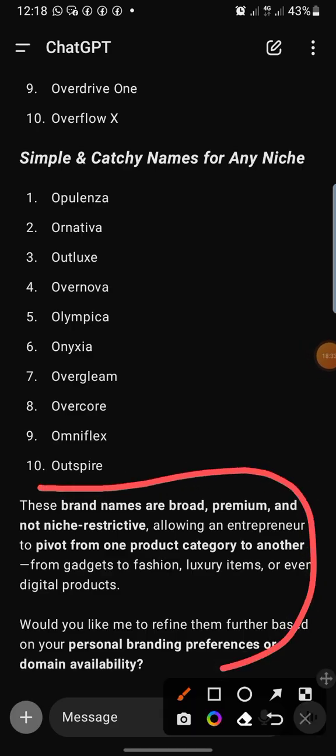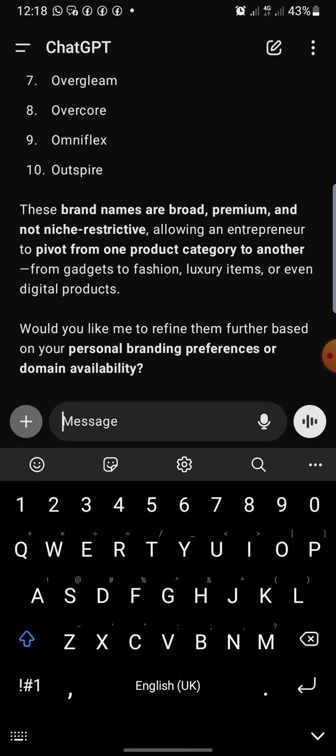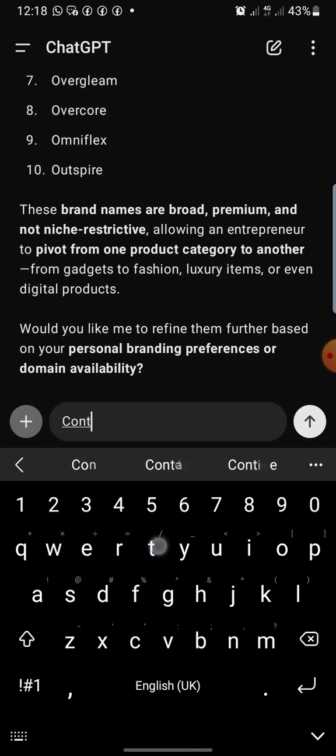You see, these brand names are broad, premium, and not niche restrictive, allowing an entrepreneur to pivot, that is to move from one product category to another, from gadgets to fashion to luxury items, or even a digital product. Okay, it says, would you like me to refine them further based on your personal branding and preference? You can also say continue if you're not satisfied with whatever you're being offered. Anytime you need more, you can just say continue, right? Or maybe based on the question it asks you, you can just say continue to keep giving you more lists,